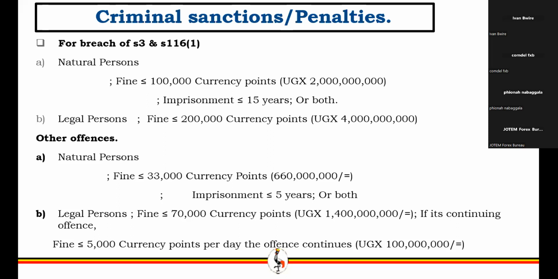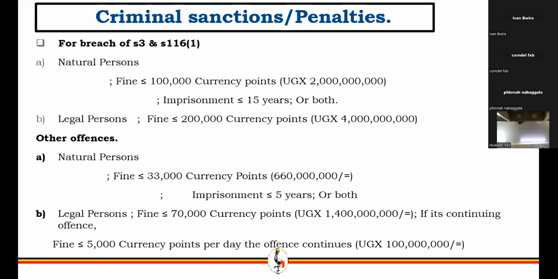For the administrative sanctions, these are in form of fines and also disqualifying a board or management of an institution, as well as issuing directives and warnings to a company that has not complied. For example, if you have not submitted the reports, we could demand that you submit the reports within a specific time frame. Or if we have done an inspection and noted gaps, we can issue a directive that you respond to the gaps within a specific time frame. Failure to do that, we indicate it will attract a penalty of this. So that's what we mean by directives and warnings for the administrative sanctions.